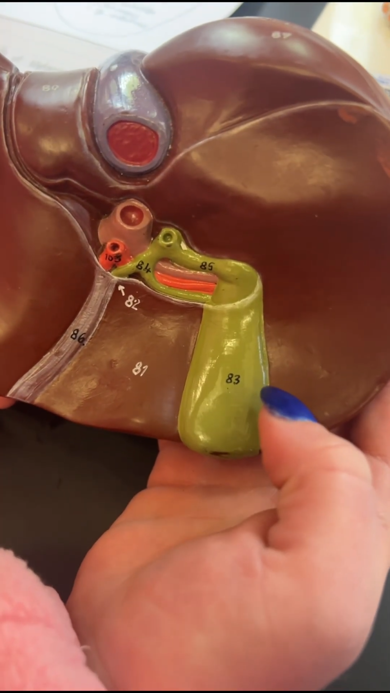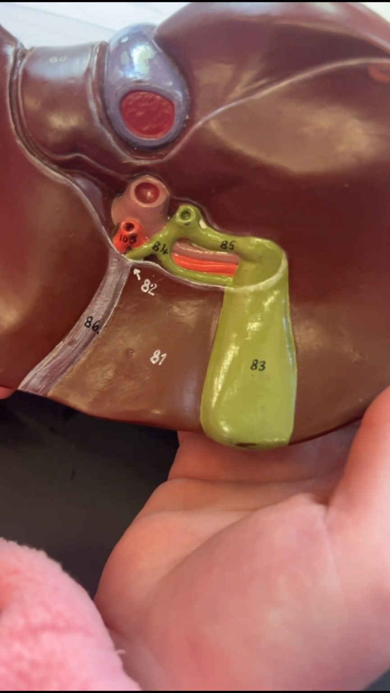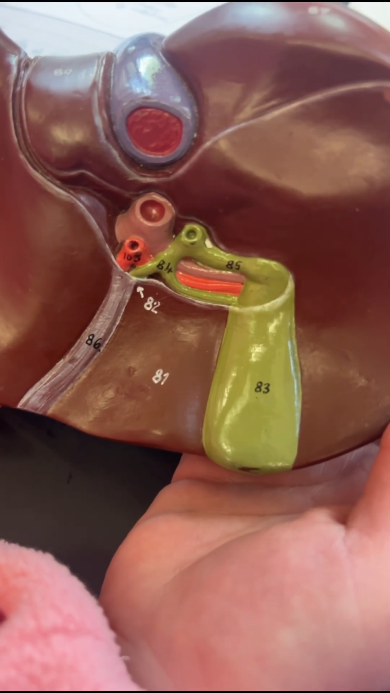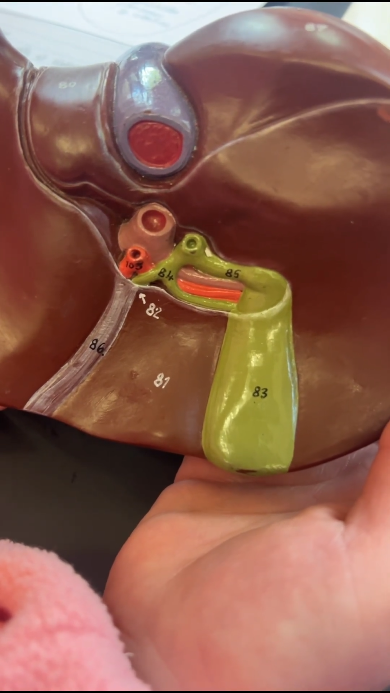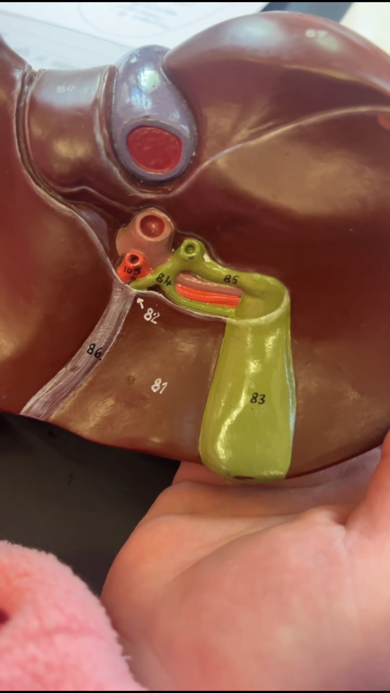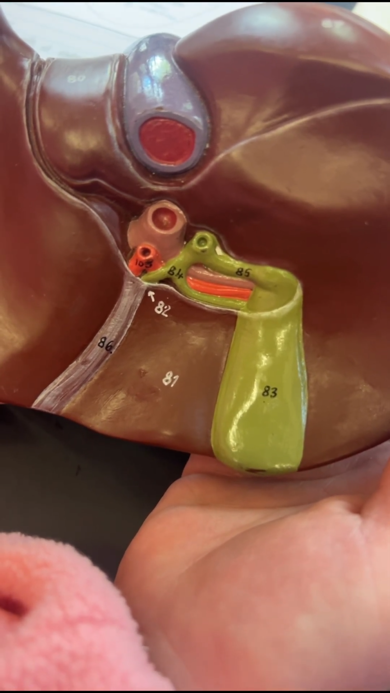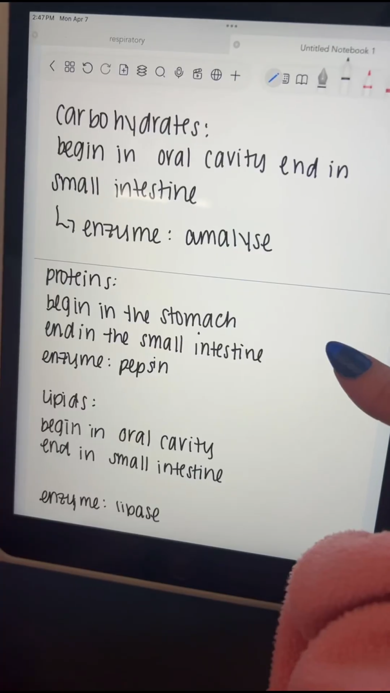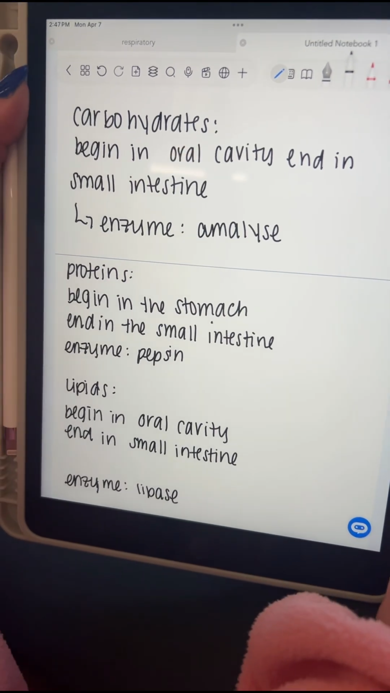So gallstones form in the gallbladder. Concentration of bile in the gallbladder leads to these gallstones. The risk factors are obesity, advanced age, lack of physical activity. They're formed from condensation of cholesterol or calcium plus bile salts. If lodged in the cystic duct, the gallbladder becomes inflamed. Treatment is surgical removal. Carbohydrates begin in the oral cavity and end in the small intestine, and the enzyme is